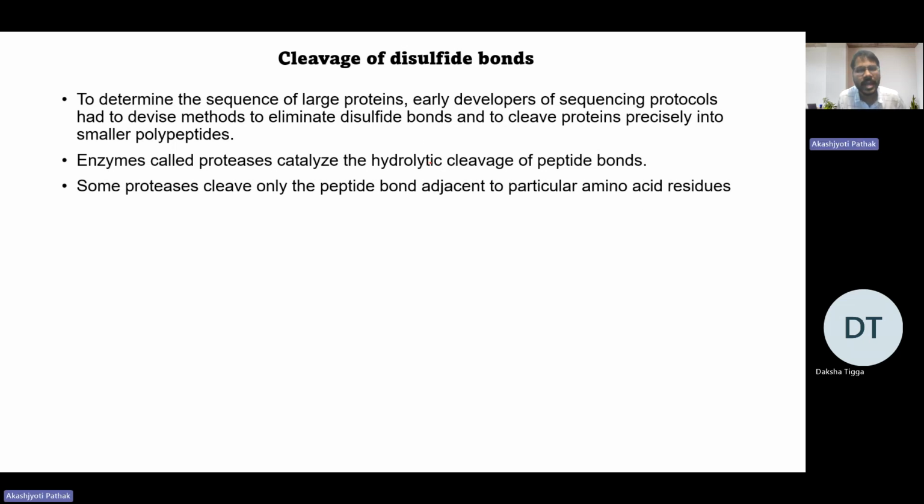Now proteins which have cysteine residues in their amino acid sequence can form intra disulfide bonds. For example, there is a protein in which there is a cysteine residue over here. If you remember the structure of insulin, then you must know that